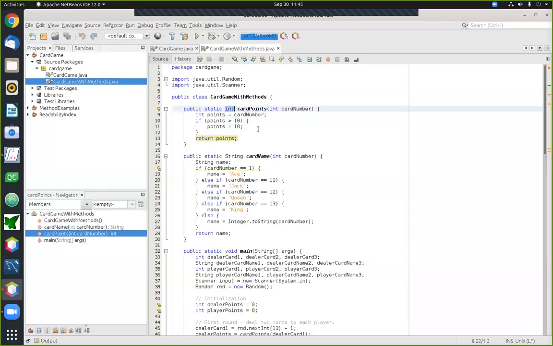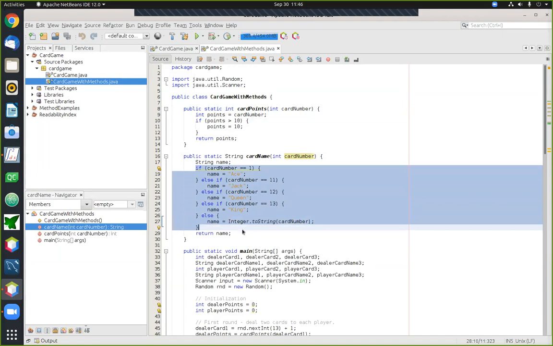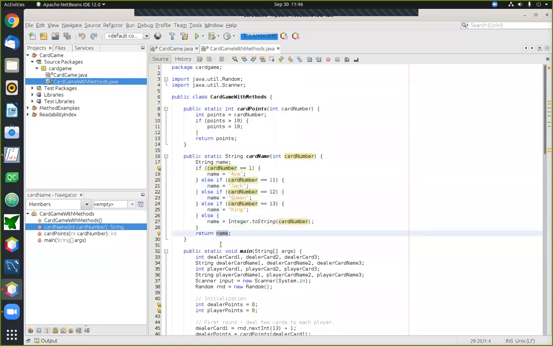All right, then we have the second method. The purpose of the second method is to basically convert a number to a name. So this is an appropriate name for the method. Again, it takes only one input, which is the code number for the card, and it then has some logic to convert that code number into text. Basically a collection of if-else statements that try to determine what the card number is. Once you determine which card number you're dealing with, it assigns a string to the name variable. The name variable is where our result is going to go, and that's the thing that we're going to return as the result at the end. And since we're returning a string, we say that's the return type of this method.